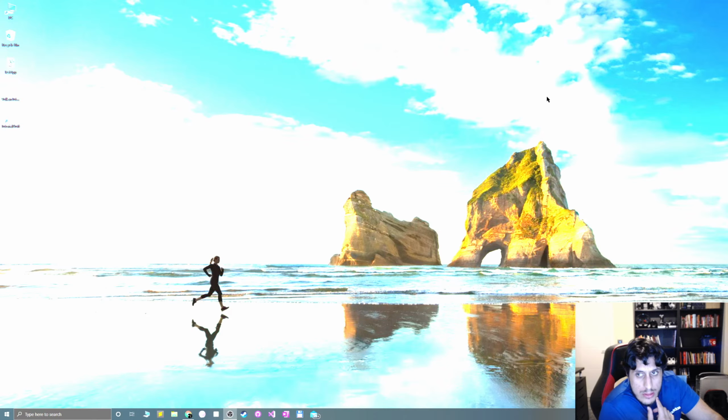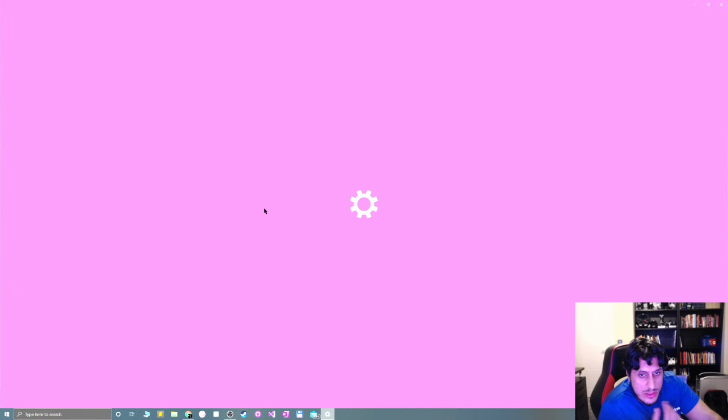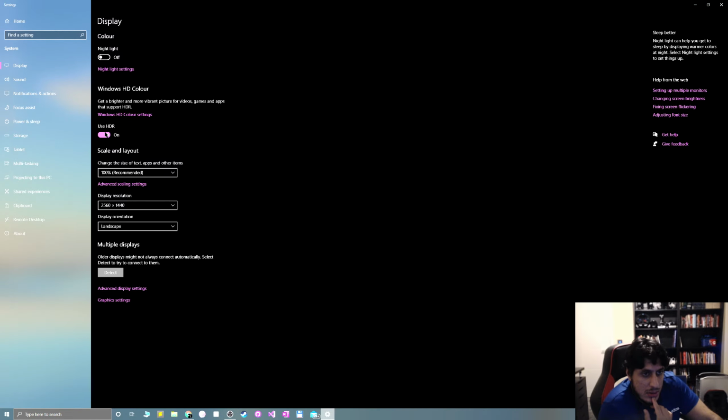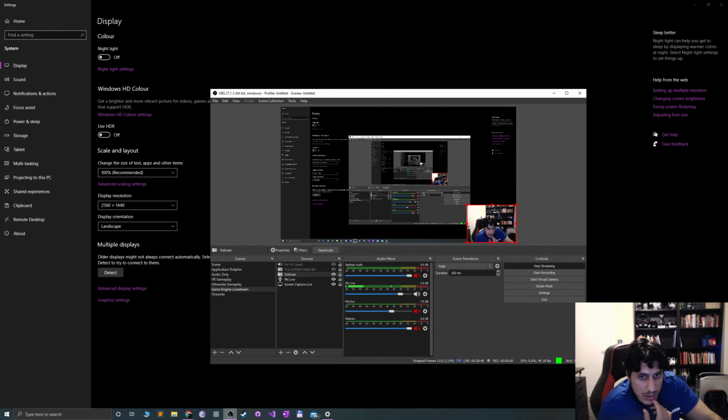I don't know why the colours look washed out, because I've got it in HDR mode, maybe. But I think the rest of it was okay. If we go to display settings, if we go to not use HDR, yeah,